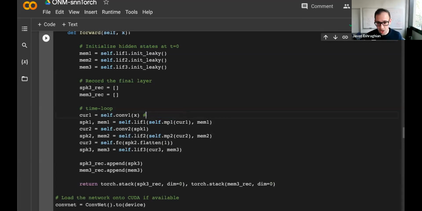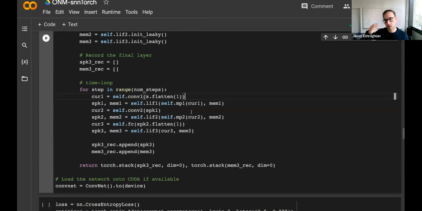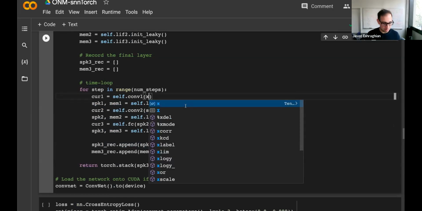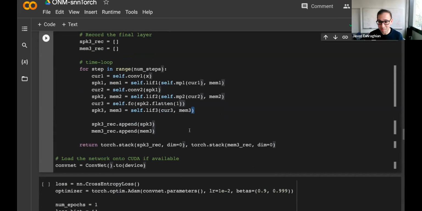So I'm going to undo all of that because I would definitely get an error if I tried to show truncated backprop through time. Then a question was, why do we flatten here, but we're not doing it earlier? So we did flatten earlier, right? So previously we flattened, oh wait, no, I see. Thank you for picking out my error. I am not meant to flatten the convolution, but I flatten when I pass it into the fully connected network. Thanks for picking that up.